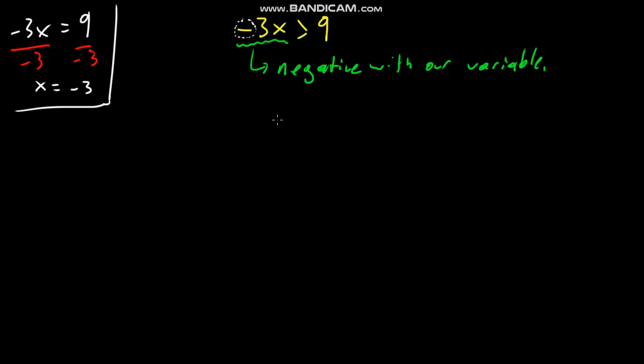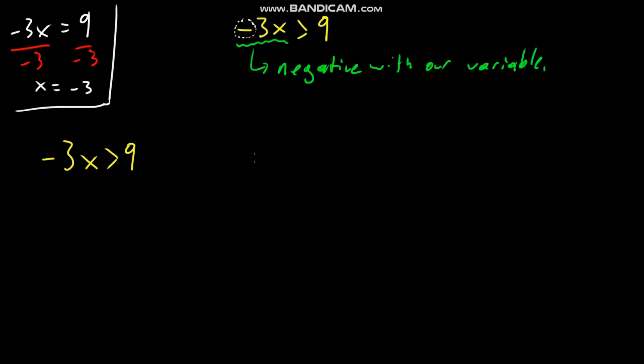What I want to make sure that we know is that all of our rules from our previous unit of solving linear equations are still applicable here. We can still divide, we can still multiply, we can still add, we can still subtract. But when we come into dealing with an inequality, it's going to be a little different in how we deal with the negative. So let's take our question here, and we're going to solve this inequality by isolating for our